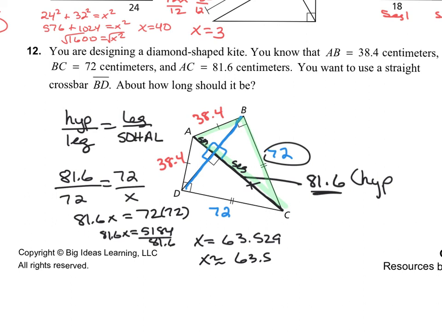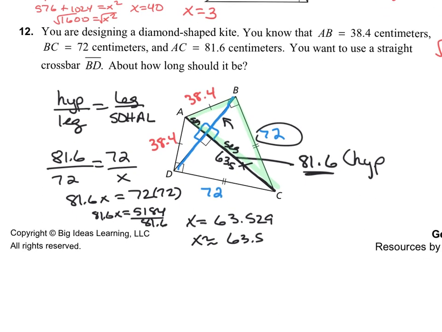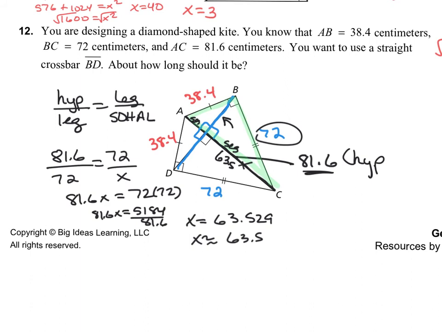So then now what I can do to figure out this piece, I can do Pythagorean theorem. Or I could subtract 81.6. Let's not do Pythagorean theorem. We could also subtract this. And 81.6 minus 63.5, 18.1. So if you want to use another proportion, you could also do segment 1 over altitude, which we can